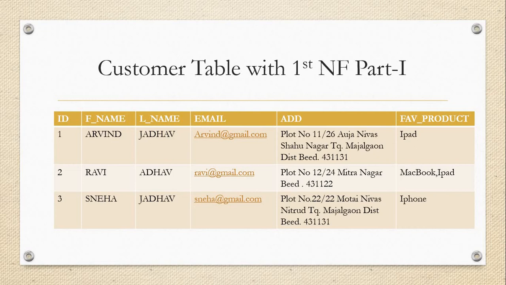If I mistakenly insert the wrong pin and after that I want to update the pin, I can easily update it. If we want to update the house number, we can easily update it. If you're trying to update the city, we can easily update it. So the address will be divided into 3 separate sections. Make a note of that. Okay, so that will be the first normal form.